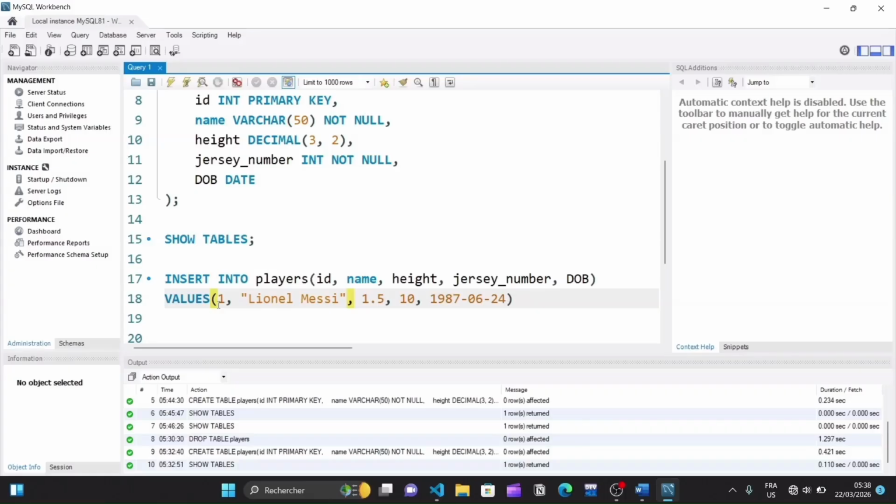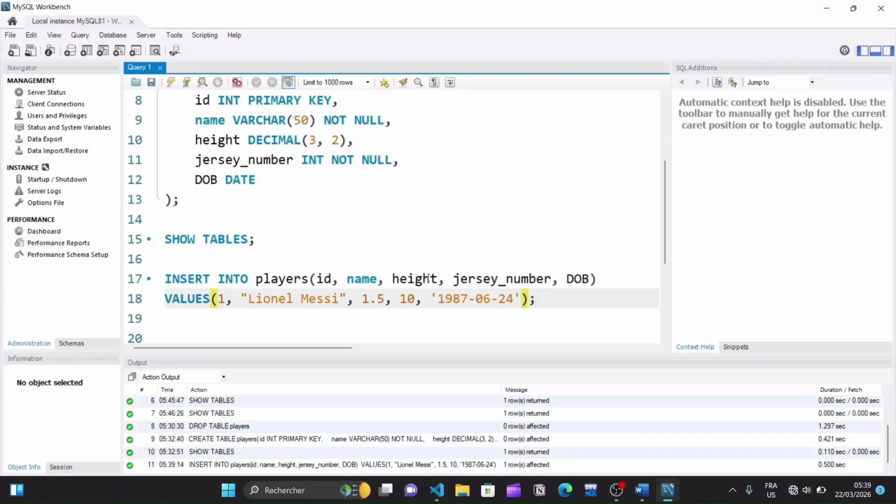Actually this has to be written within quotes. We can either use double quotes or single quotes, but I will use single quotes because that is what I generally use most of the time for this type of thing. So for my personal preference, I usually reserve double quotes for varchars or text, while for things like date of birth, I use single quotes, but it's my preference, as I said. And I will follow this with a semicolon at the end of the command to show that the command is over. Now I will simply click on our icon to run this command and insert this player in our table,